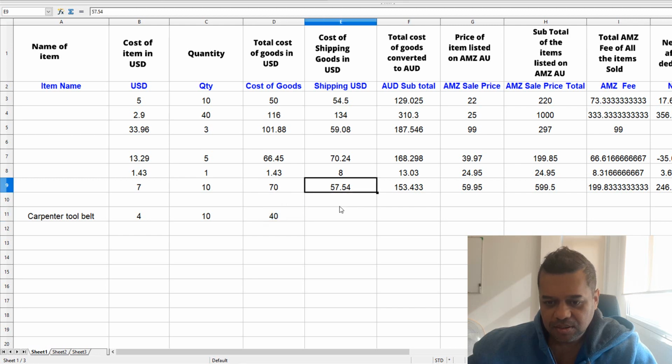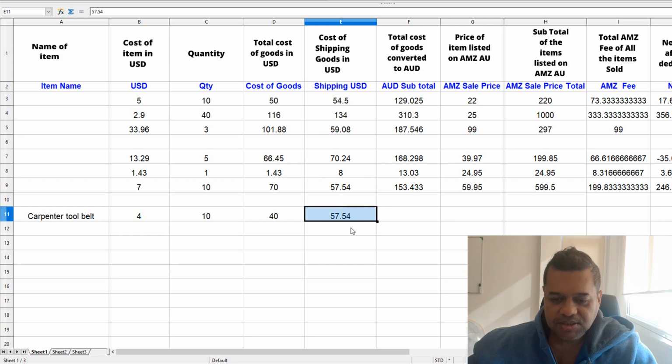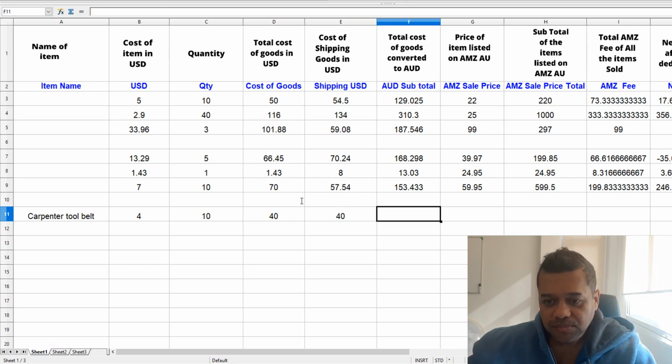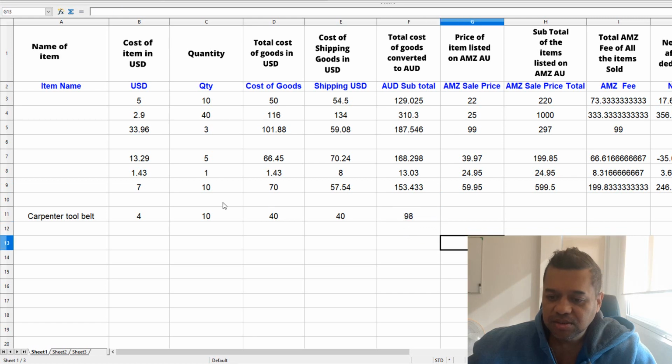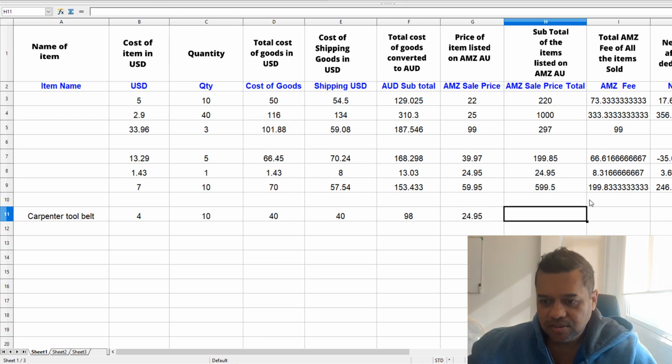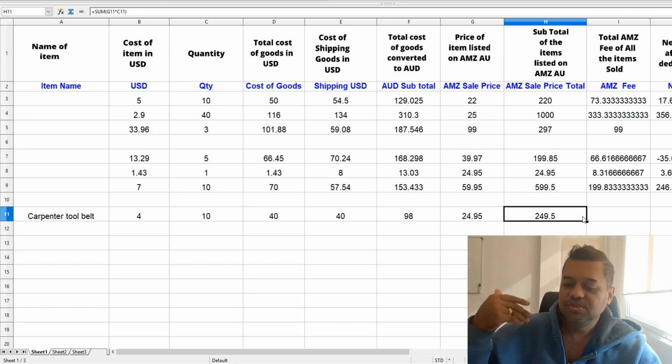And let's just say the shipping cost for those 10 costs $40. So my total cost would be $98, and we're going to sell them for $24.95, and then the subtotal on Amazon, the cost of it once we sell everything, is going to be